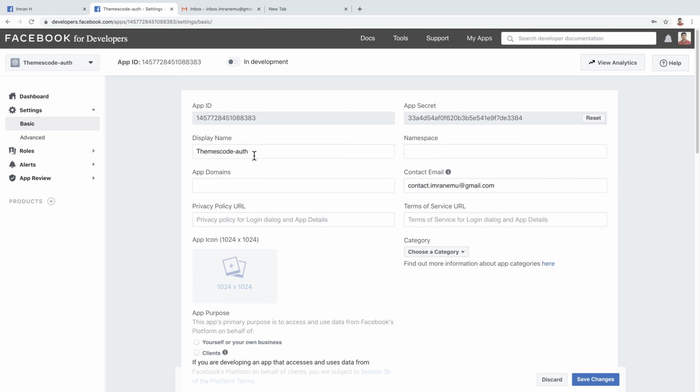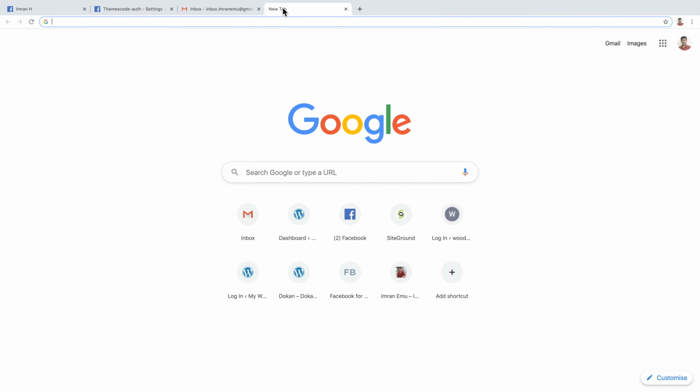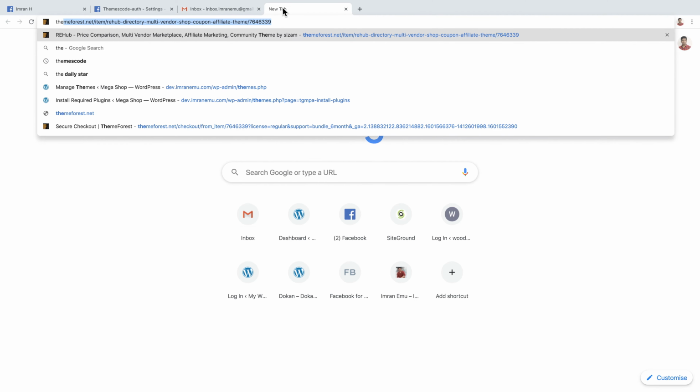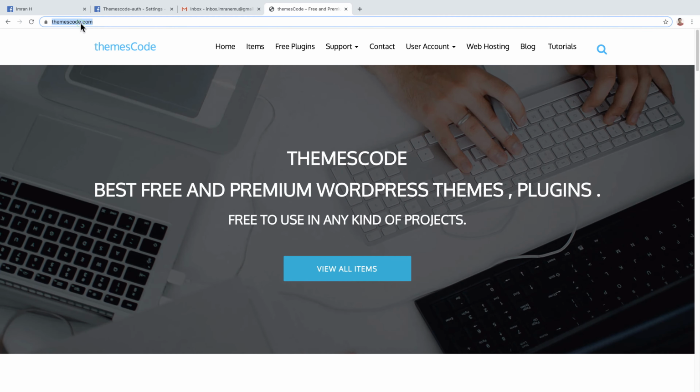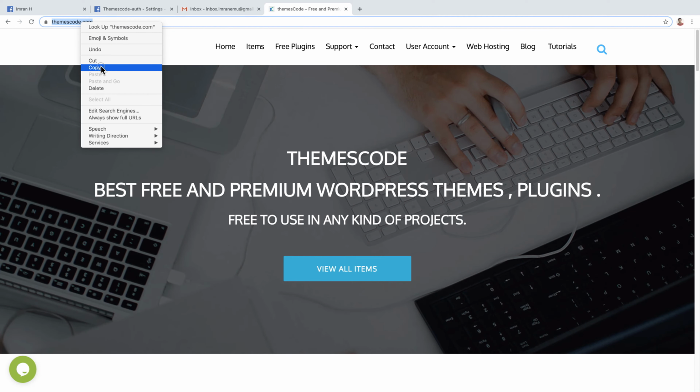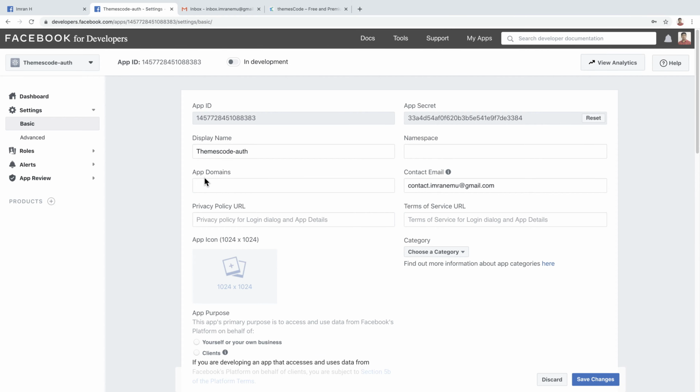Here you can see the display name, add domain. I'm going to search for my domain. Here is my domain name, app domain. And here goes the contact email and privacy policy URL.